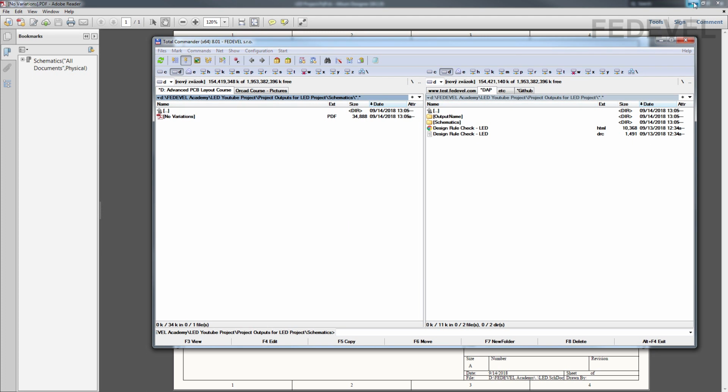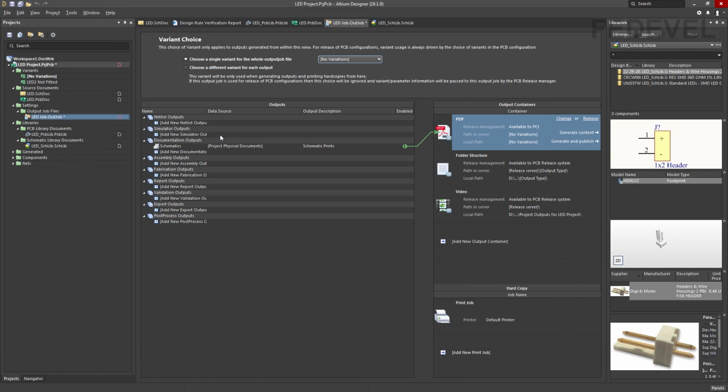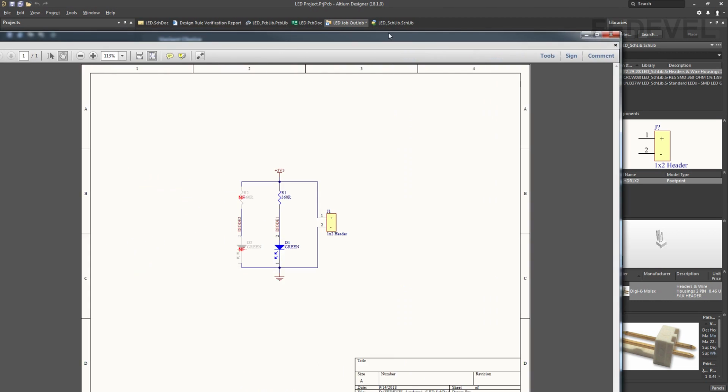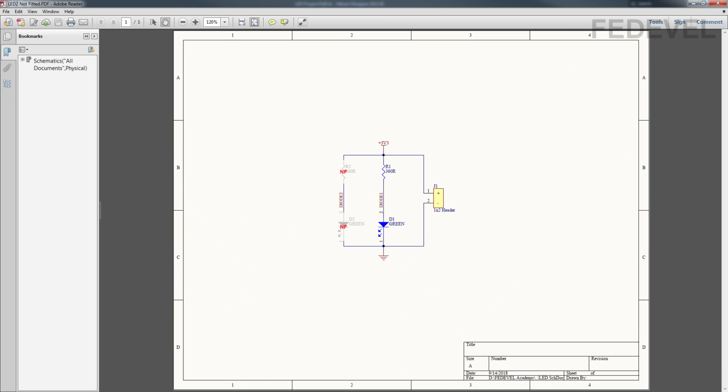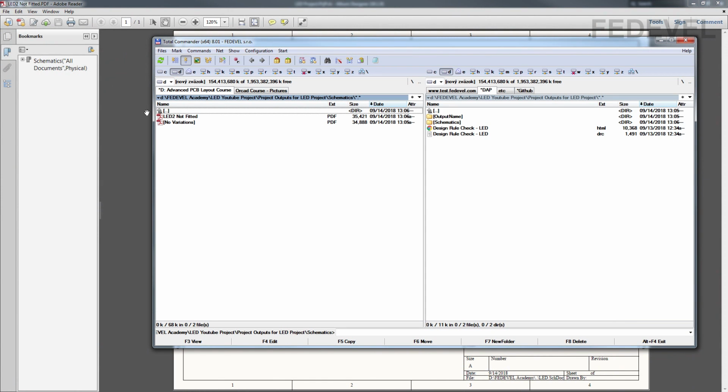If you go back into Altium, and if we, for example, print the schematic for a different variant, left click here, and let's print the schematic for LED2 not fitted, left click on generate content. Here is the schematic. And if you go inside of the project directory, you will see there is the second schematic inside of the schematics directory, and it is called LED 2 not fitted. That's exactly what we would like to have.